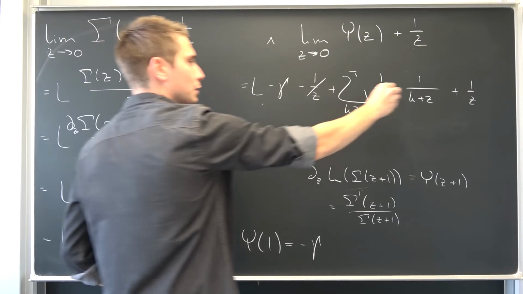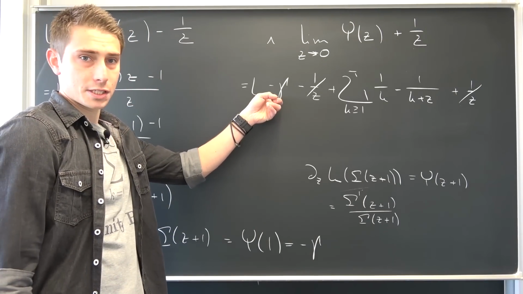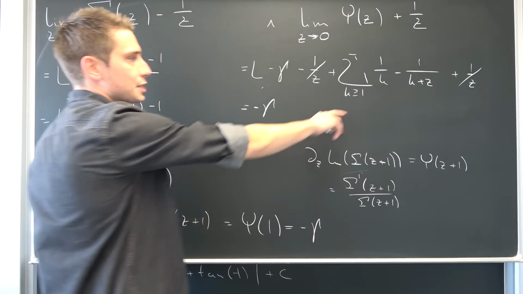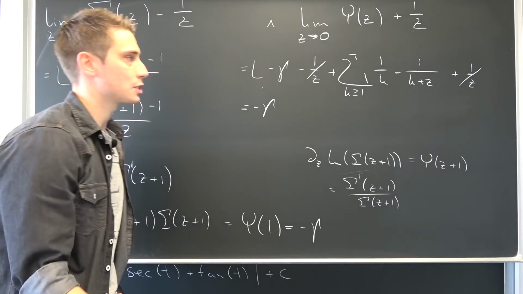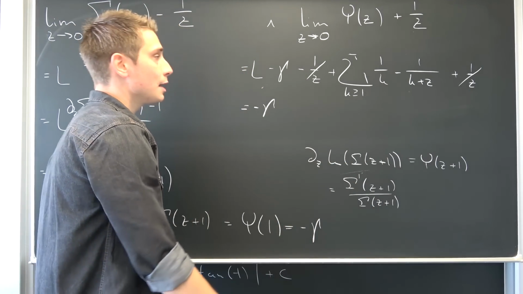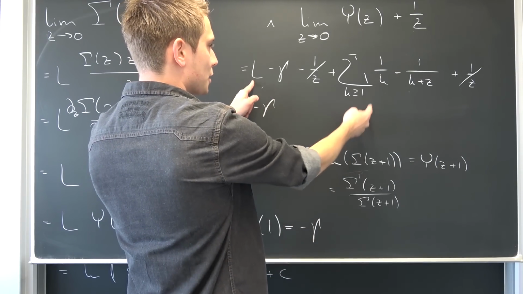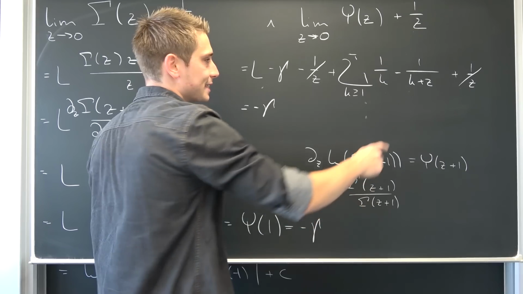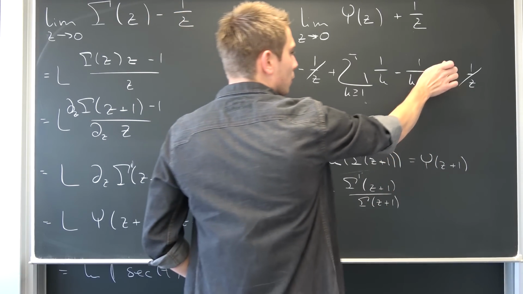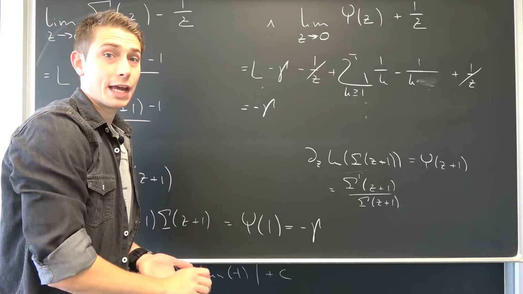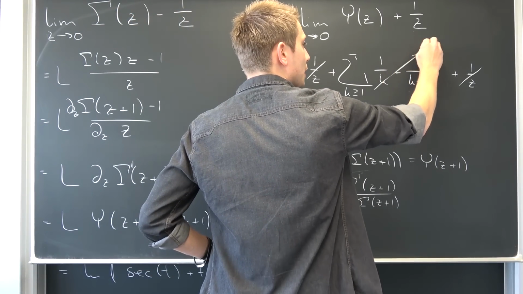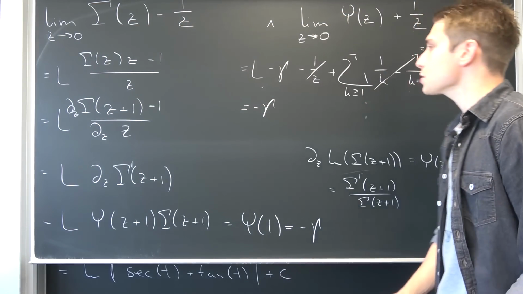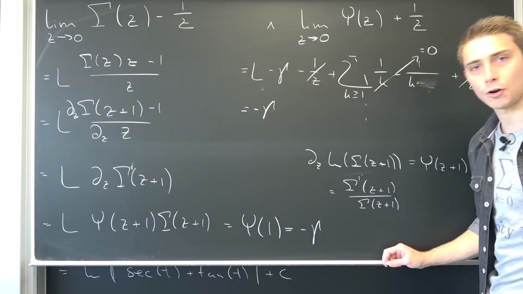Meaning overall, we are going to get rid of those two parts. The limit of a constant, the Euler-Mascheroni constant, is just going to stay the Euler-Mascheroni constant. And if z approaches 0 right here, we are going to assume that this stuff converges near 0. Meaning, if it converges absolutely and uniformly, I'm terribly sorry, we can interchange limits and then take the limit as z approaches 0. If this approaches 0, we are going to end up with 1 over k minus 1 over k. All those arguments are going to go to 0, and if we sum up infinitely many zeros, we are going to end up with 0. Meaning overall, in the limit process, we are just going to end up with negative Euler-Mascheroni.